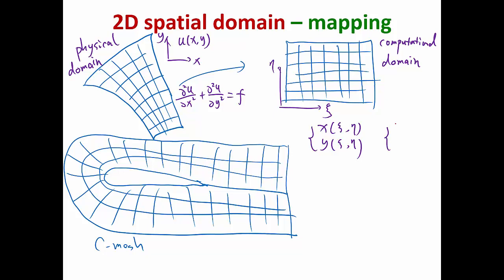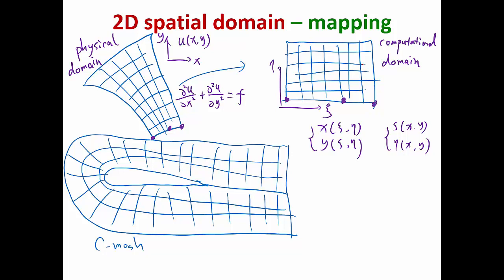The inverse mapping means I have a function of xi as a function of x and y, and eta as a function of x and y. They don't have to be both explicit. Maybe one of them is explicit, the other can be implicit. So if I have these two mappings that are inverse of each other, I basically can say, okay, if xi and eta is this point, through the mapping I get to this point. If xi and eta is this point, through the mapping I get to this point. And similarly, I'm going to map the boundary of this rectangle into the boundary of this